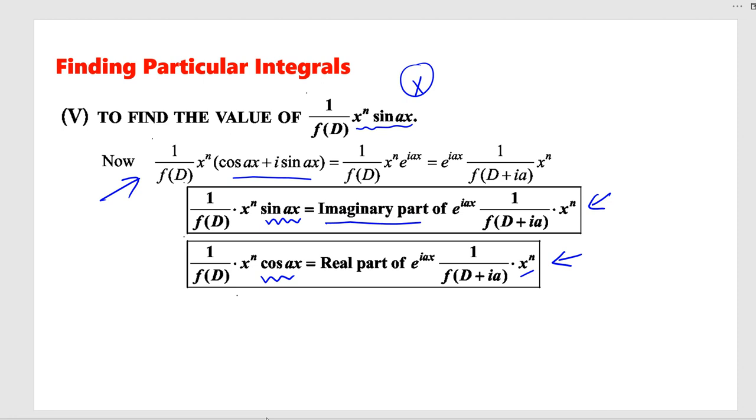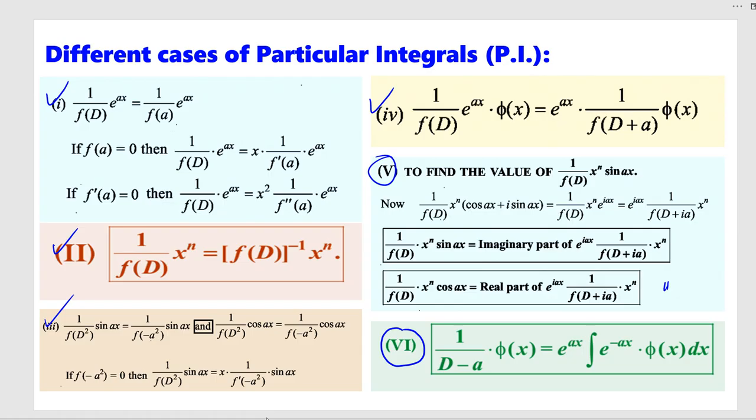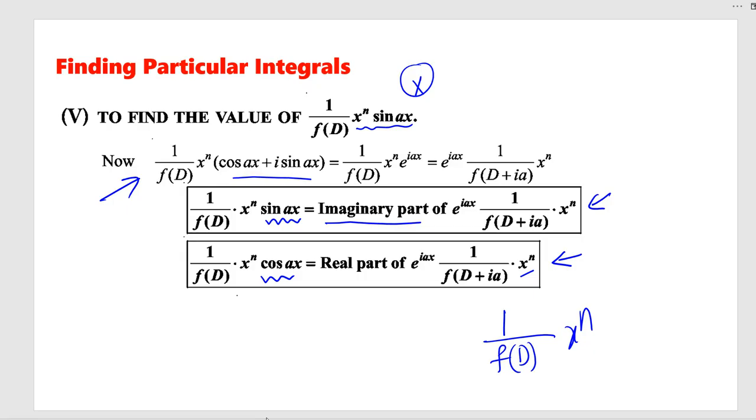Because we have seen that if we have 1 by f of D acting on x to the power n, as in case 2, then we take f of D to the denominator, take the inverse, and expand it as an infinite series expansion. That will give us a polynomial in D,